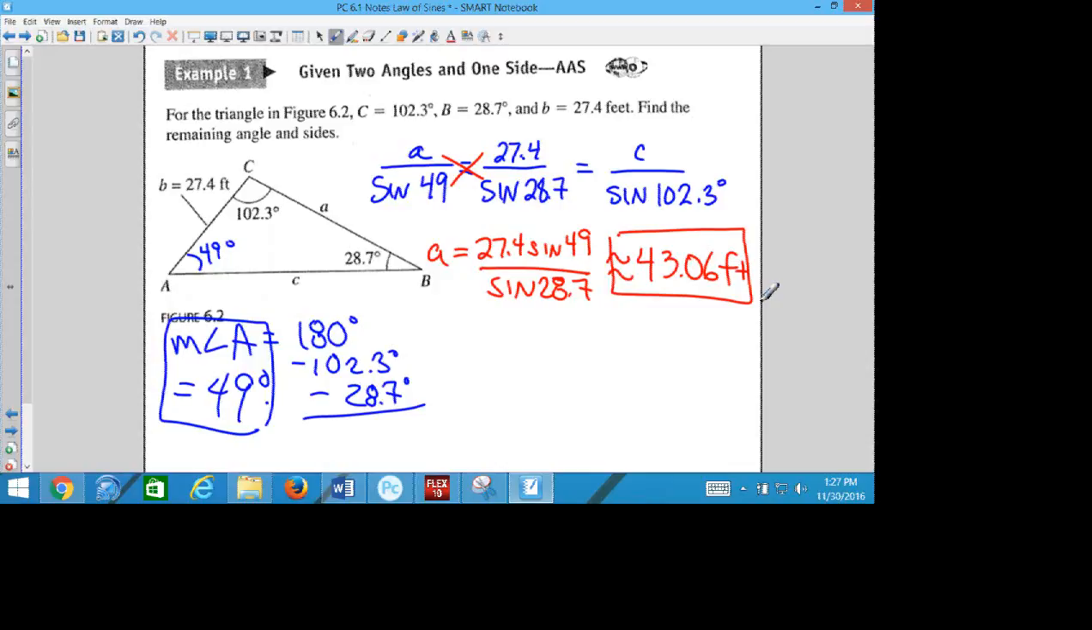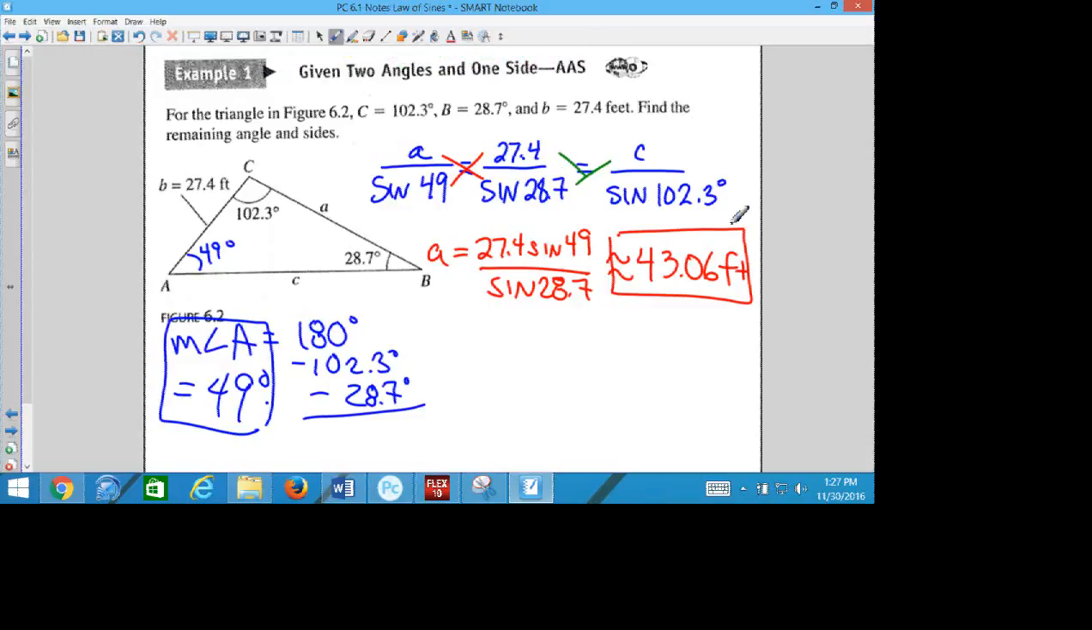Then we need to find side C. So what two should I cross multiply? Obviously the one with the C. But should I use A to cross multiply, because I know what A is now? Should I use this one, or should I use the B? Why? Because we don't know if we got A right, and because A is a rounded answer. So let's use the most exact that we can. We're going to cross multiply